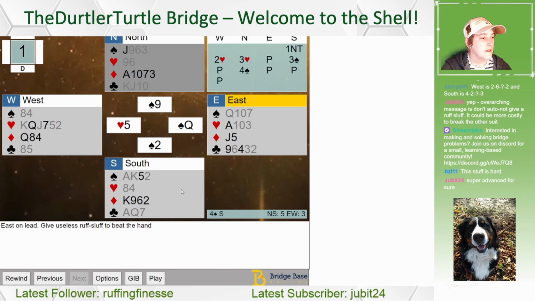And then the overarching message: don't automatically give a rough and slough. It could be more costly to break another suit. I think that's a great take-home message, and it makes a lot of sense. We need to make sure that we're counting the hands, and that can give us a better sense that we can't afford to touch that diamond suit at all. And yeah, I do think this stuff is just hard, but that's all right. Okay,